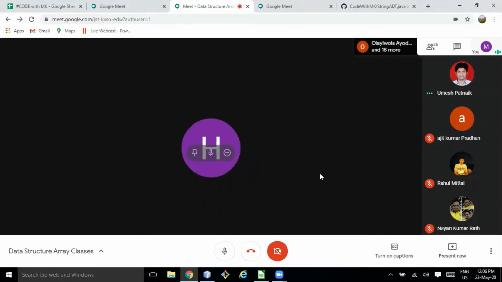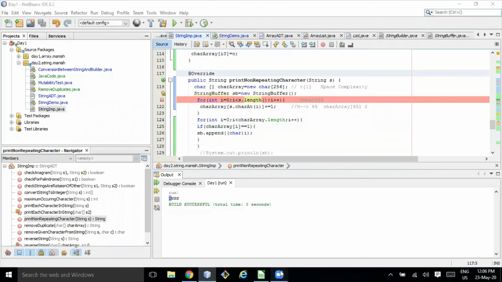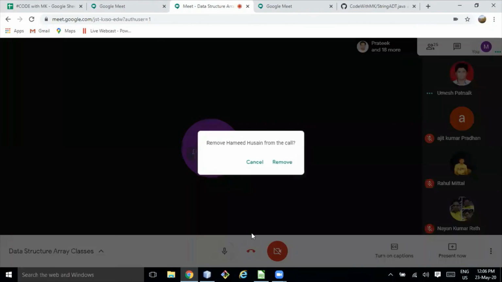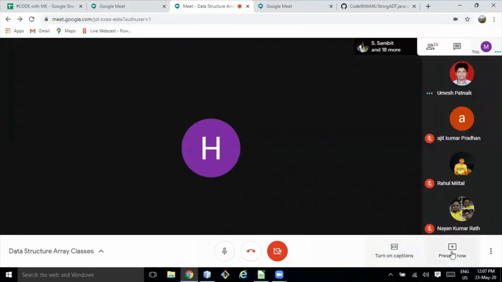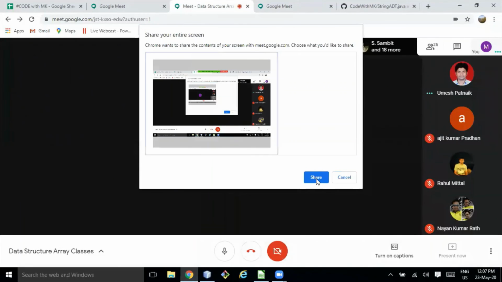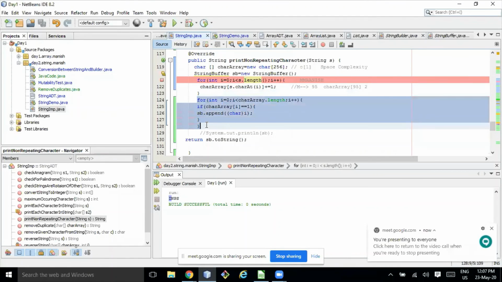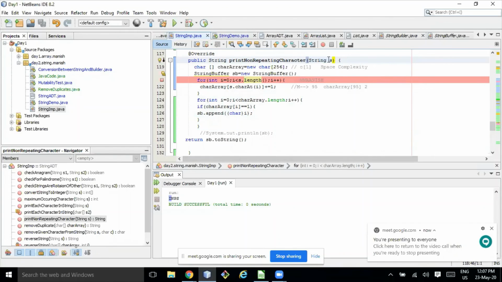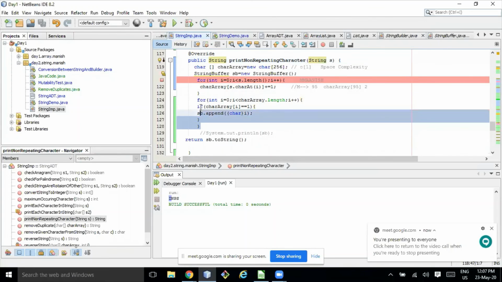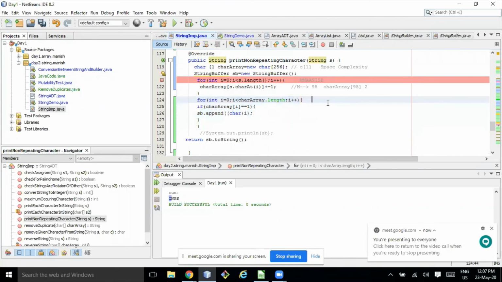Let me share my screen again. In the second loop, it doesn't matter what the input or string length is. I'll loop only till 256 times, and we call this order of C. I know C, and it doesn't depend on input size at all, so we call it order of constant time.